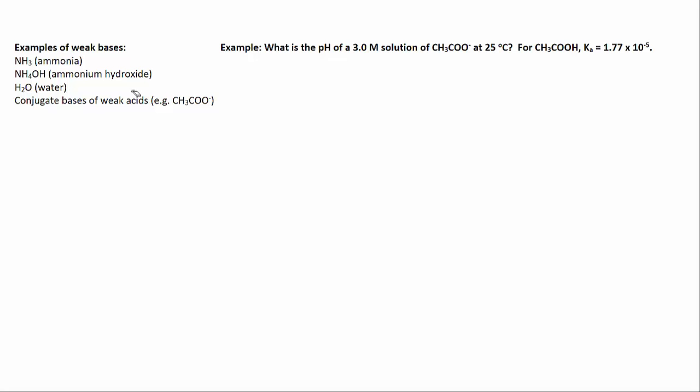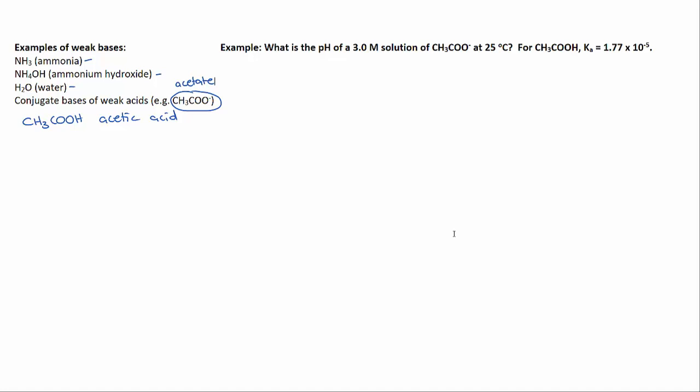A weak base is a base that doesn't fully dissociate or react in water. Examples are ammonia, ammonium hydroxide, water, or the conjugate base of a weak acid. For example, CH3COOH is acetic acid. This is a weak acid, and so its conjugate base, CH3COO- or acetate, is a weak